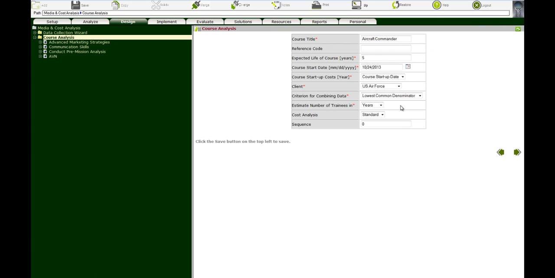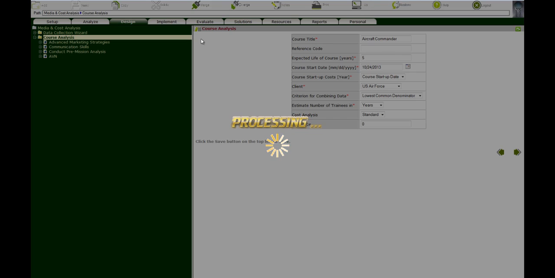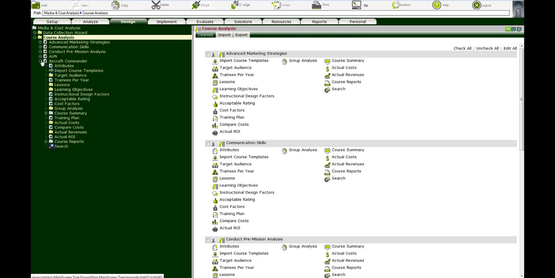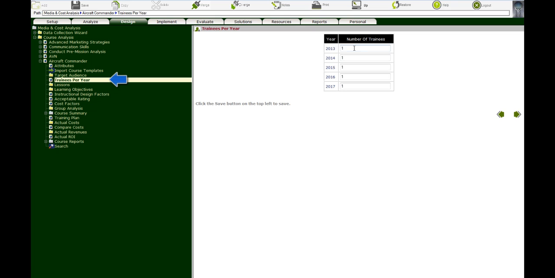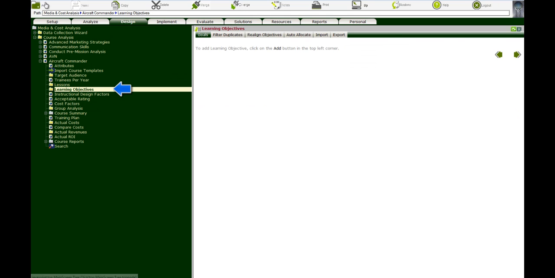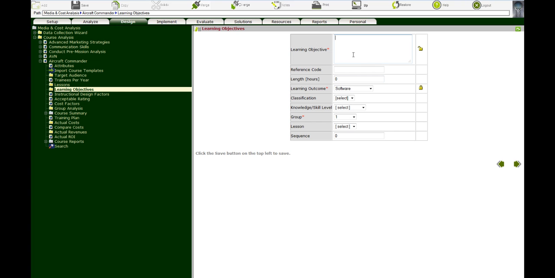Enter relevant data and click Save. To specify the number of individuals to be trained each year, click on the Trainees per Year node, indicate the throughput, and click Save. To set up a learning objective, click on the Learning Objectives folder and click Add. Input the objective, estimate of the number of hours required to teach, its primary learning outcome, classification, assign to a